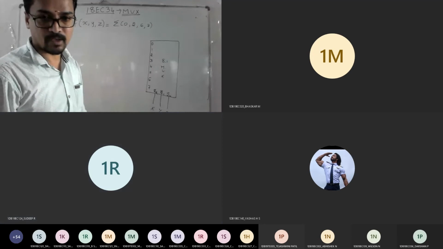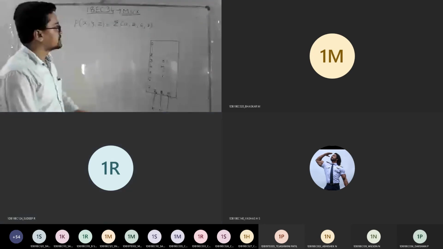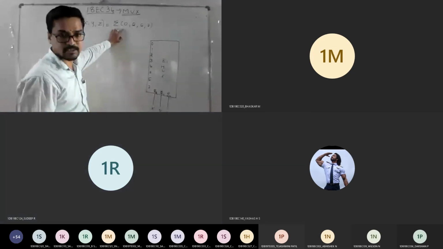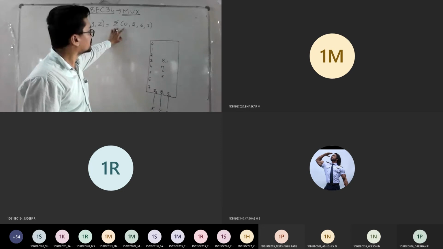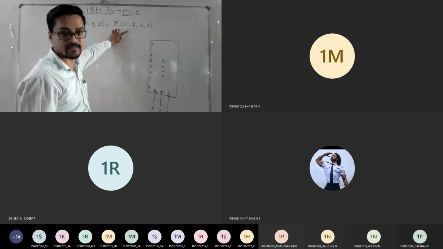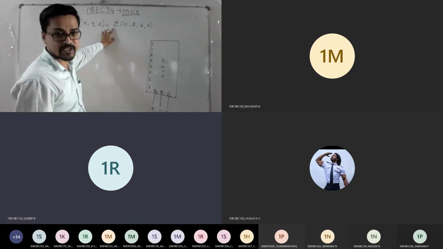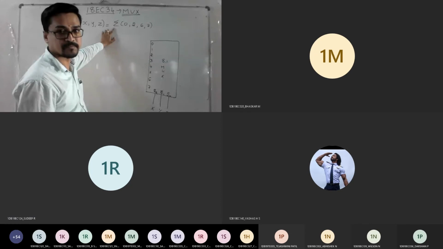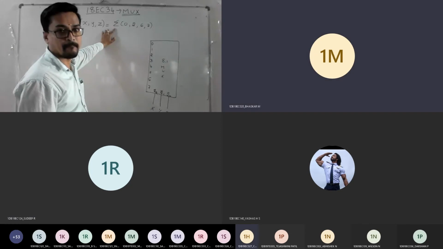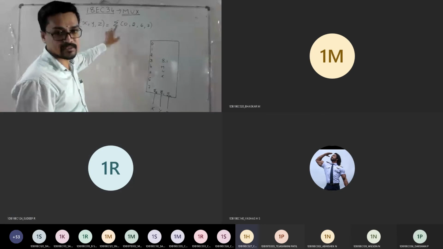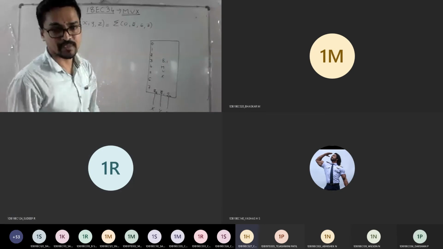No, sir. Okay, now listen carefully. Whatever they ask, 0, 2, 6 and 7, what is the symbol representation we told? It is called a minterm. So it means I need to represent logical one. Agree?